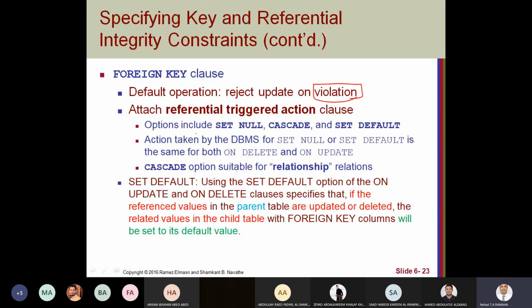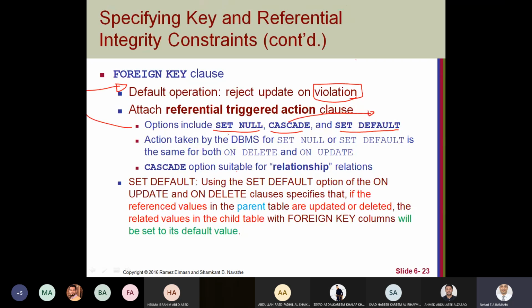When defining a foreign key, I can attach some action to be done, like set null, cascade, or set default. This goes with the foreign key, not with the primary key.